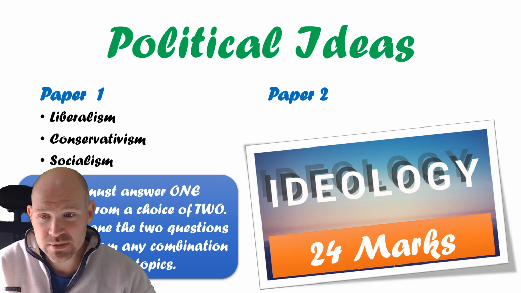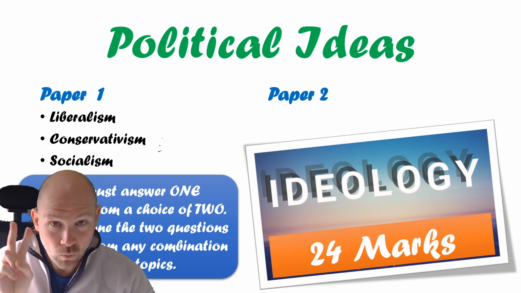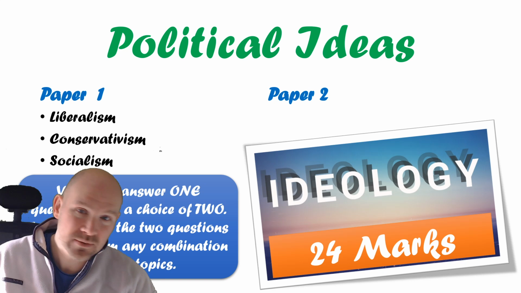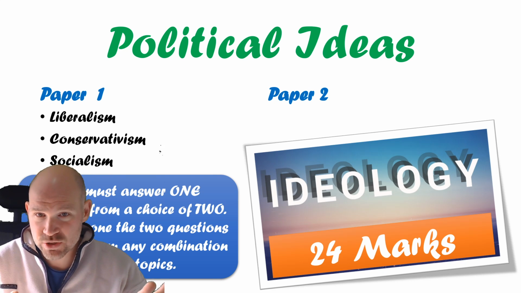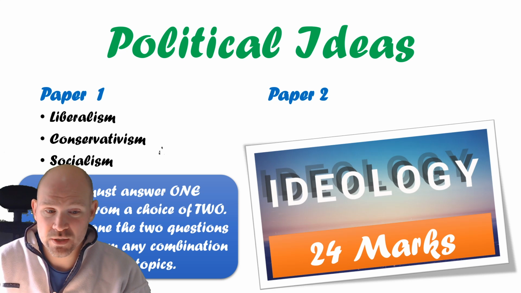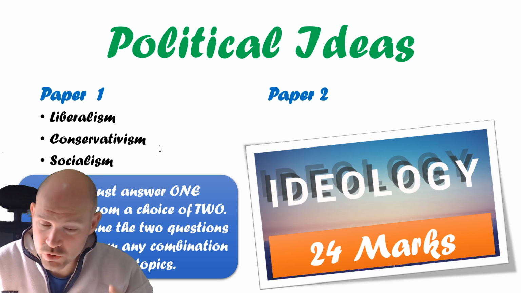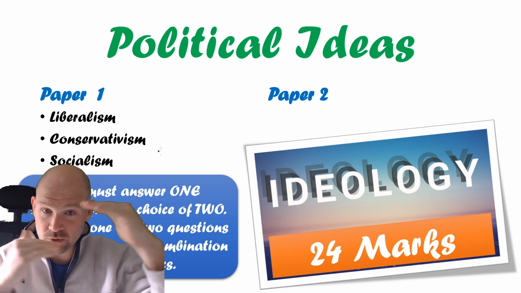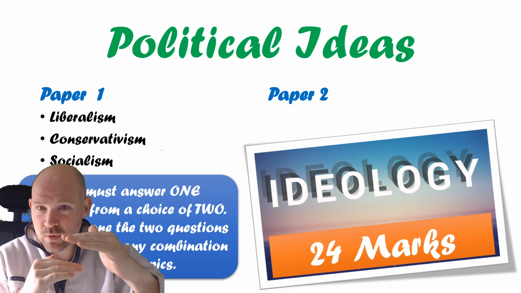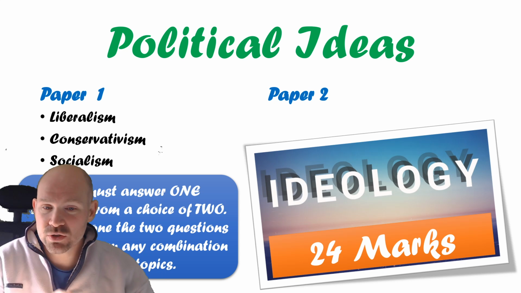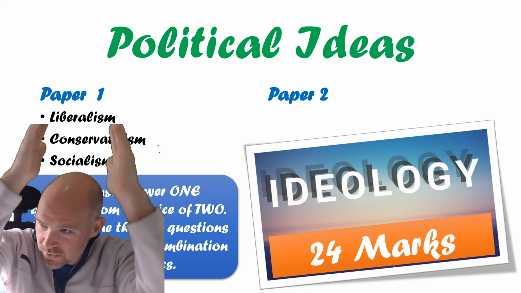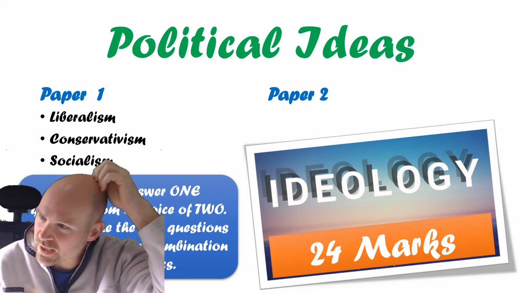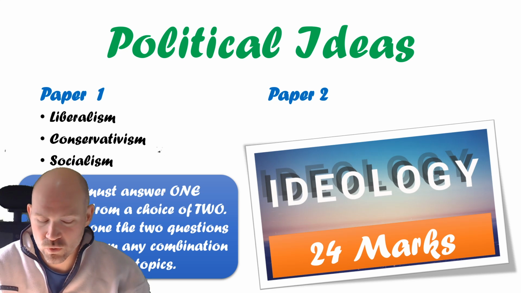So it could be one from liberalism and one from conservatism, or it could be one from liberalism and another one from liberalism. That can come up. So it can be any combination of those 3 topics for those 2 questions, and you will pick one. So you will not be answering both of those questions. You will look at the 2, decide the one you want to take on, and you just do that one, and that will be worth your 24 marks. And these are known as the core ideologies here in paper 1 above my head: liberalism, conservatism, socialism, the core ideologies.